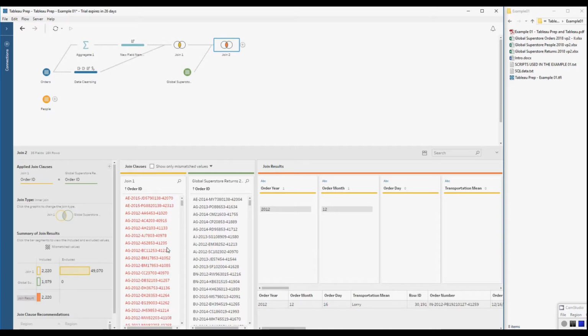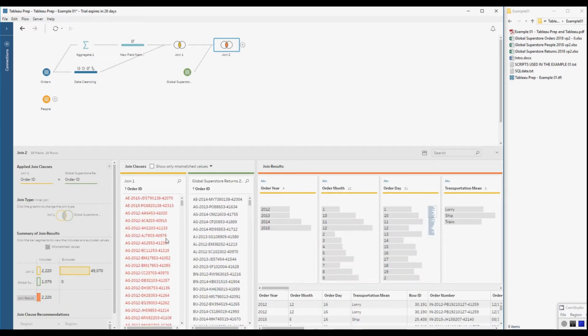Now how we can interpret this data. You can see that most of the order IDs are red. That means that they're not matched. In our case, we can interpret this that the red ones are orders that are not returned, which is good actually, because we see that we have more reds than matched, which means that only a few of our orders are returned. Then we're going to continue with adding the information of the people, which are the customers,